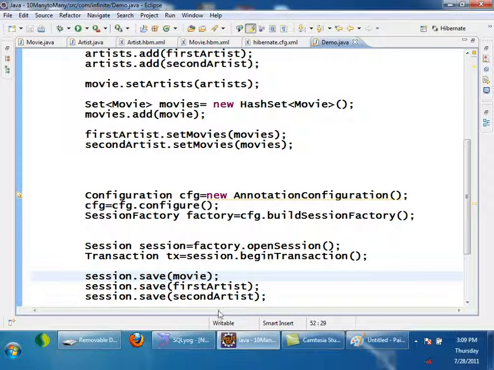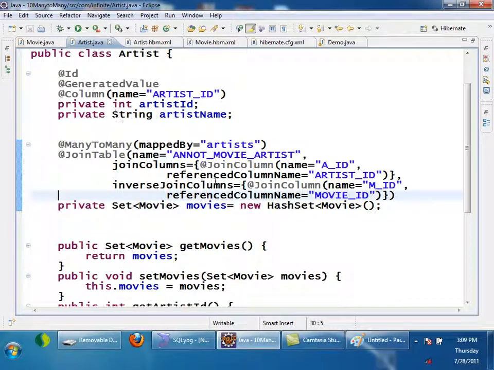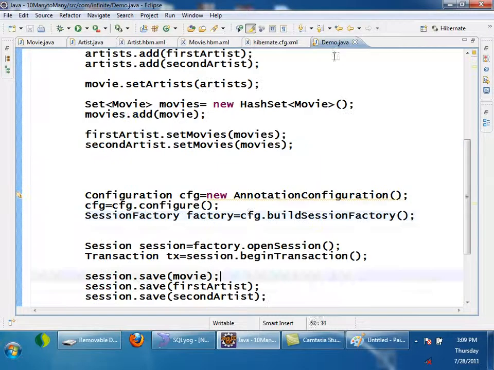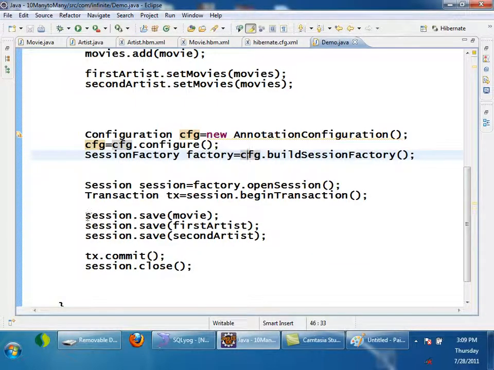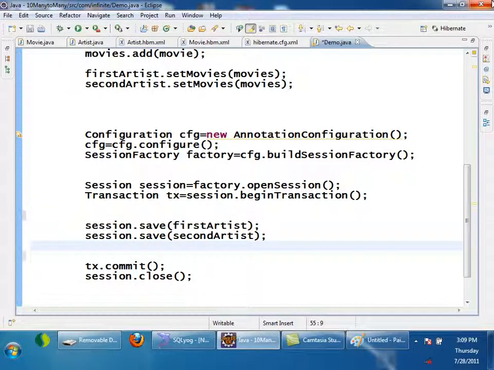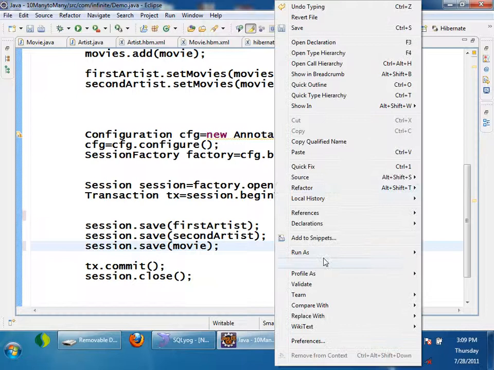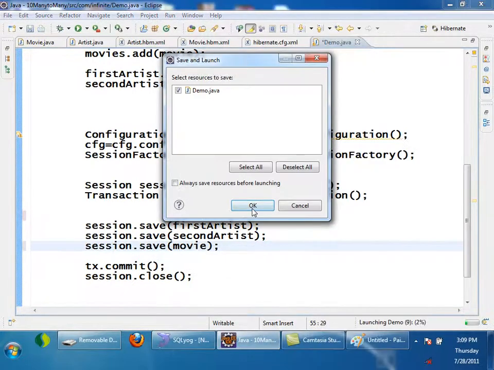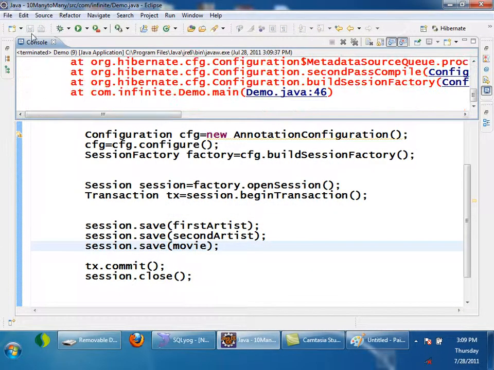On which side did I map as inverse? Artist side, right? So what I will do right now is first I will save artists, then I will save movies. Now run it. An exception, what is it saying?